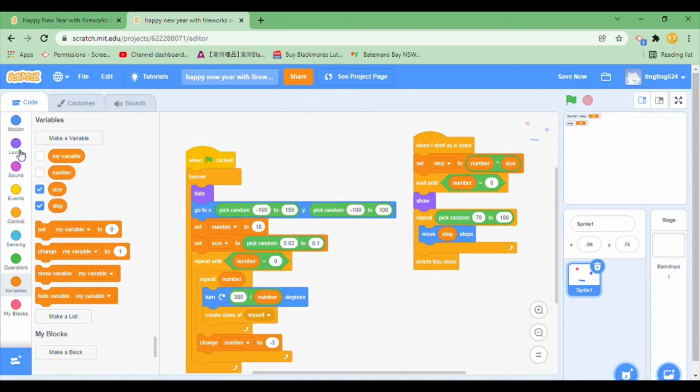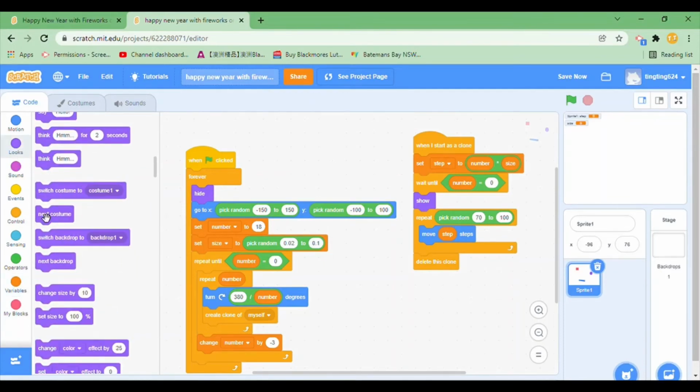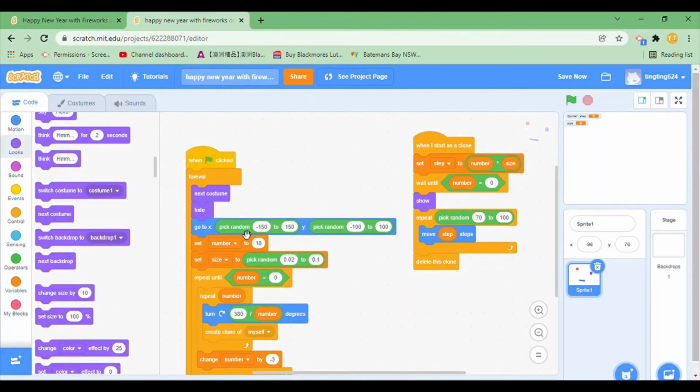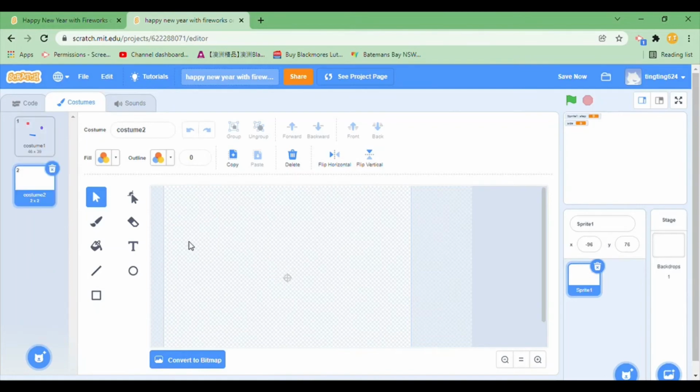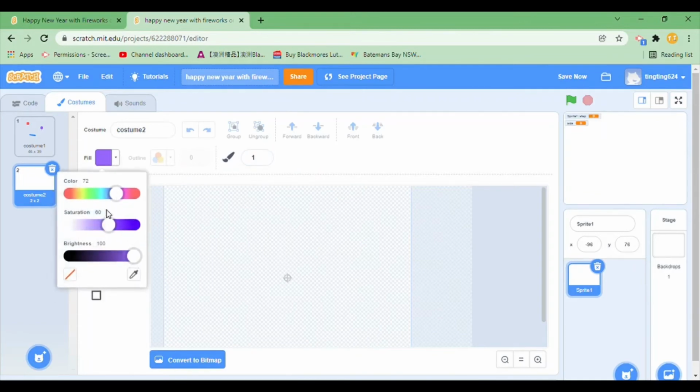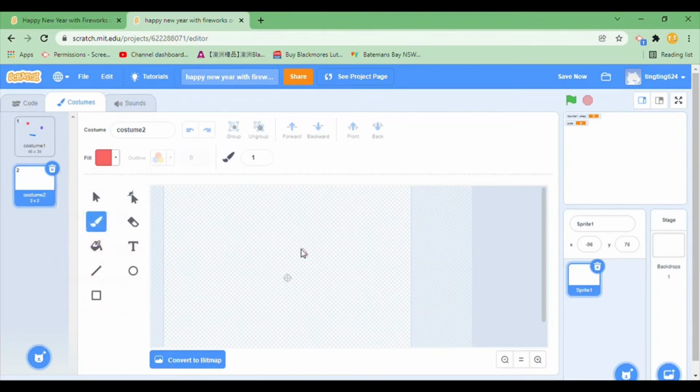Now we're going to make some more costumes. So we always have to switch to the next costume after the program is done. Let's go into costumes and let's paint some more. You can make your own ones or you can just copy mine. I'm not that good at drawing, so don't mind me. You can make your own designs, but I'm just going to draw a love heart and fill it. It might be a bit bad, but